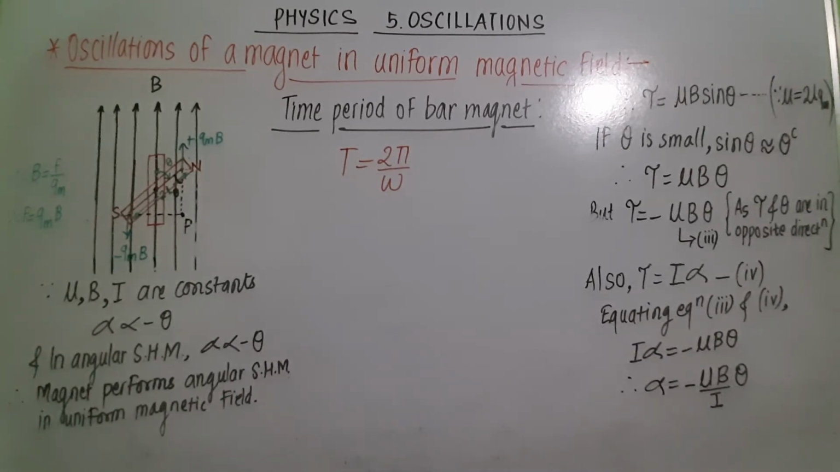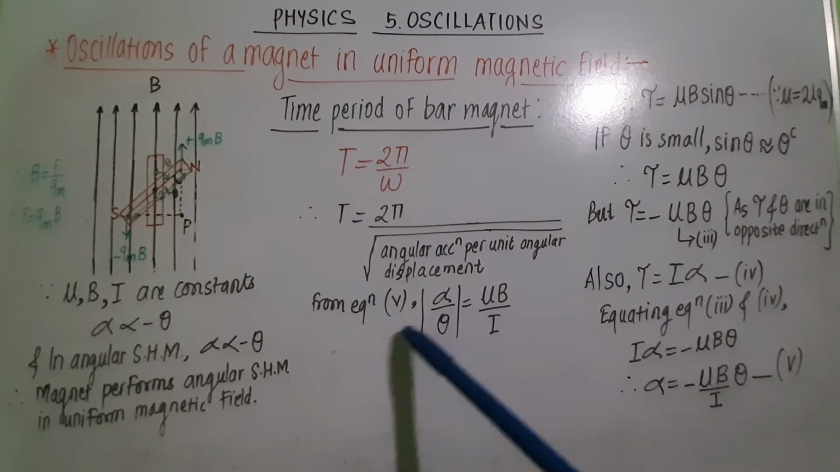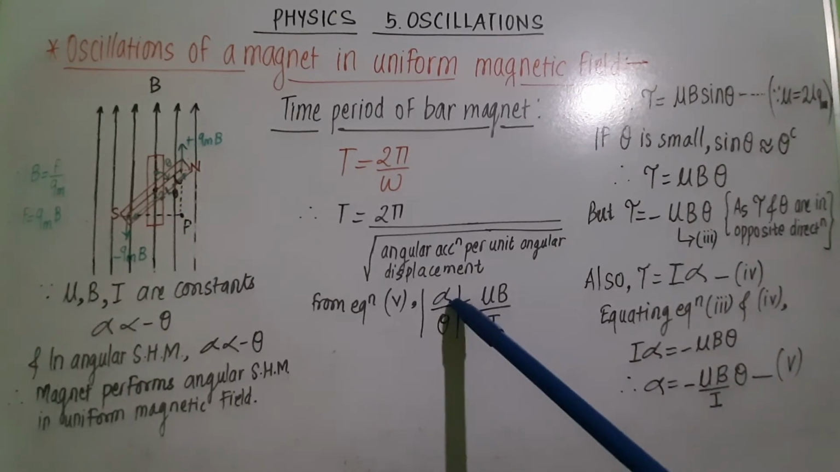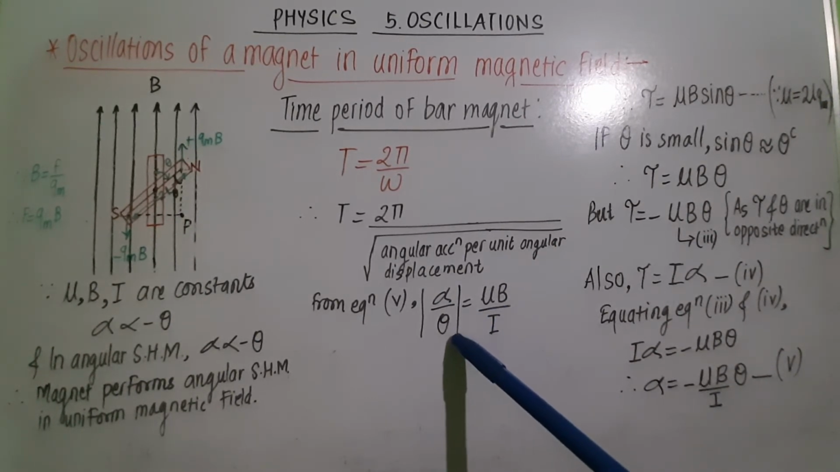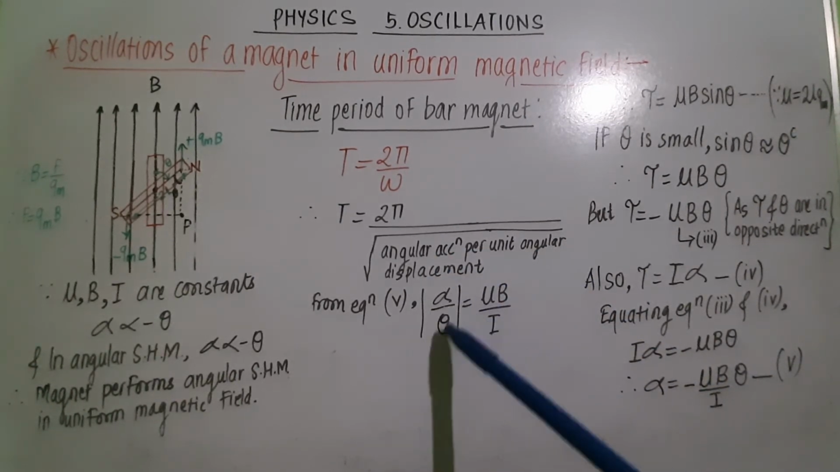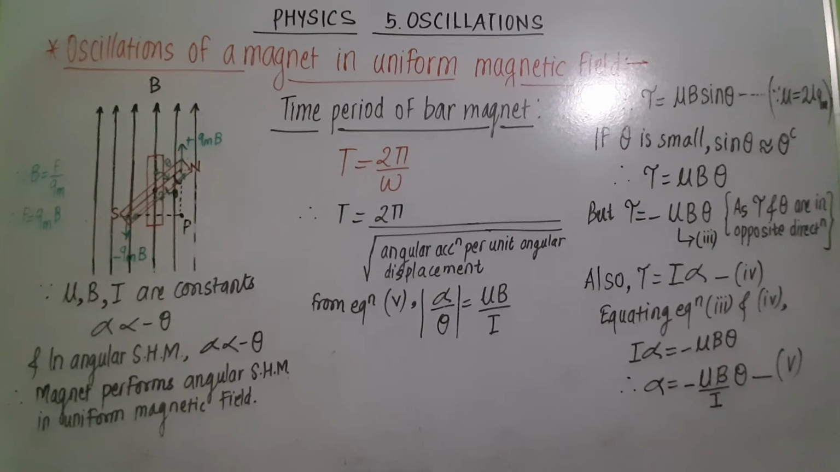And we also know that omega is the square root of angular acceleration per unit angular displacement. In the previous lecture we have seen that. So we can write that formula directly. From equation 5, alpha is equal to minus mu B theta upon I. So theta is shifted to this side. So we can write the magnitude of alpha upon theta is equal to mu B upon I. Alpha is angular acceleration, theta is angular displacement. So we get angular acceleration per unit angular displacement, that is alpha upon theta, is equal to mu B upon I. So substitute this value here and we get